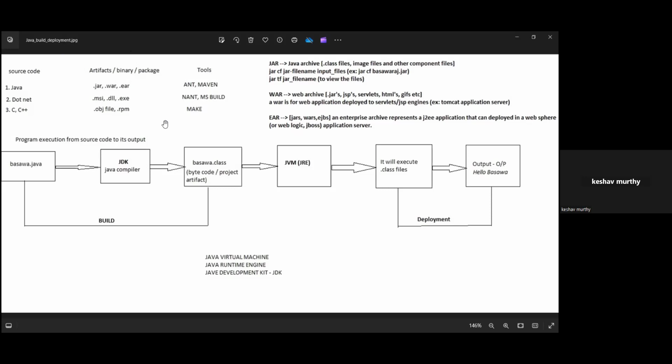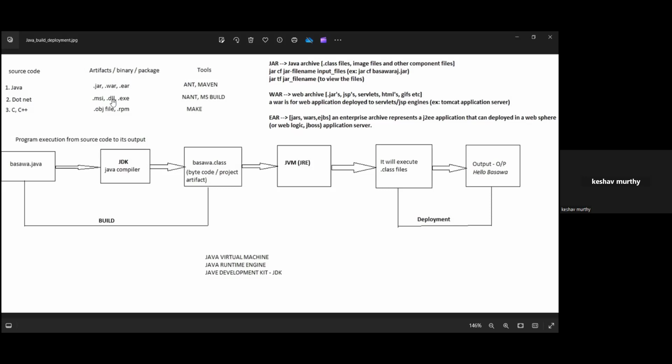As the build tool, and then I'll convert this to .obj file or .rpm. Okay, I know how this works. But I only got the opportunity to work on Java build automation. So if your requirement is .NET or C, C++, since I have worked on Java build automation for 3 or 4 years, I know how it works.